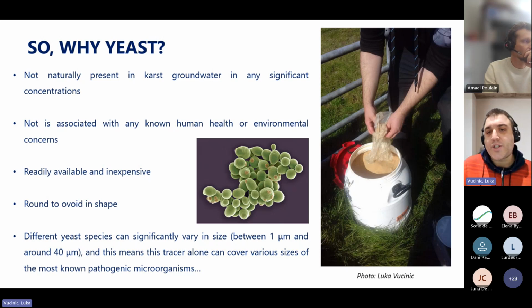It's round to ovoid in shape, which is great because it resembles the shape of most pathogenic microorganisms that are of interest to us from the fecal pollution point of view. And you can find them in different sizes, so they can also cover various sizes of most known pathogenic organisms. They can vary between 1 to 40 microns. So that's also great. These are the reasons why yeast is, in my opinion, so important for